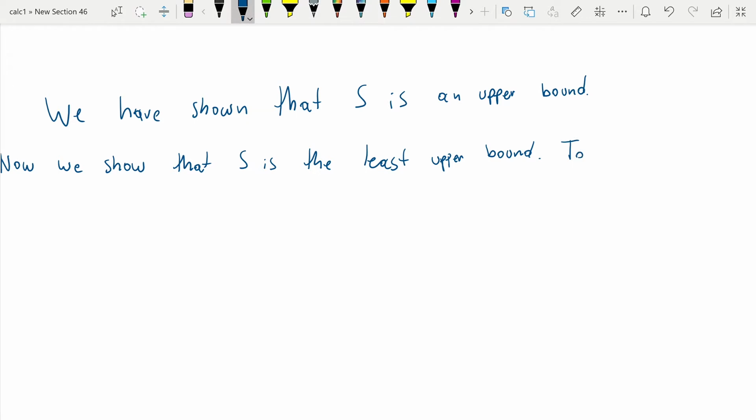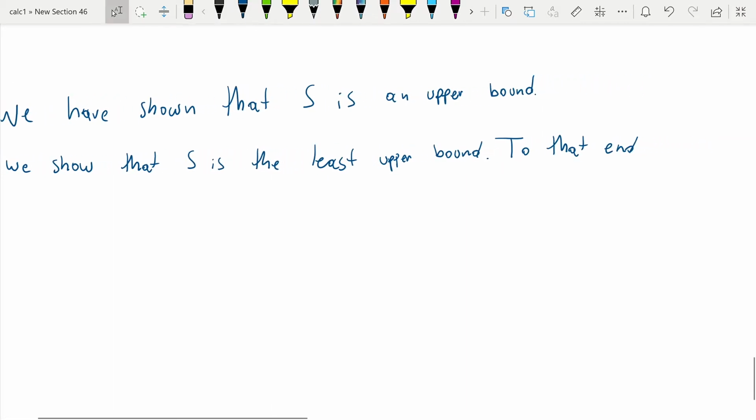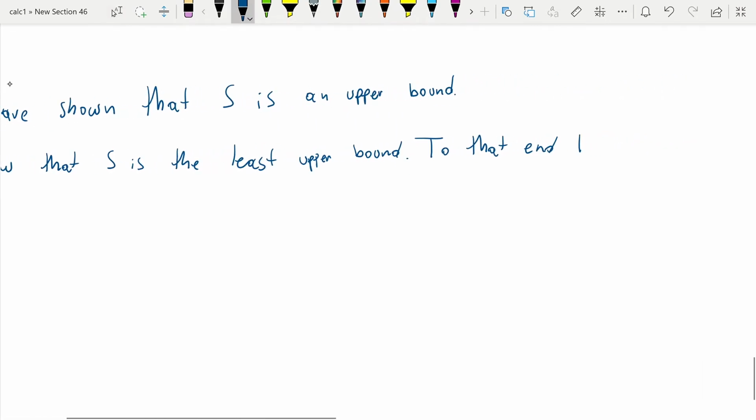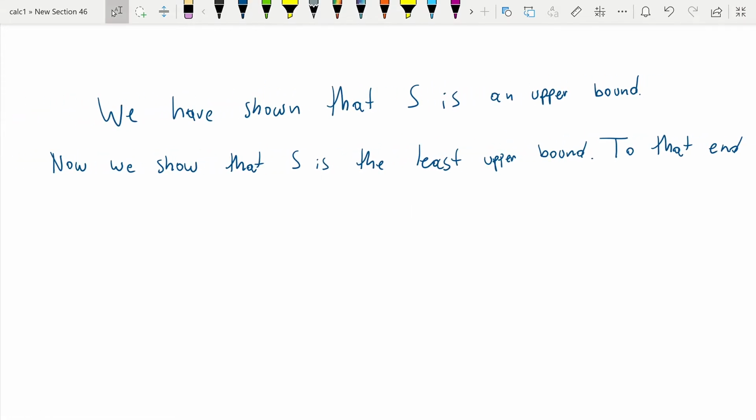So to that end, let epsilon be greater than 0. Arbitrary. We pick any epsilon greater than 0. Again, by the Archimedean property,